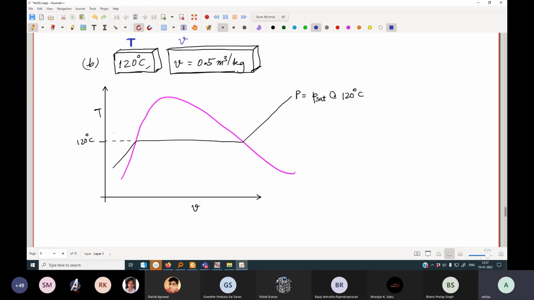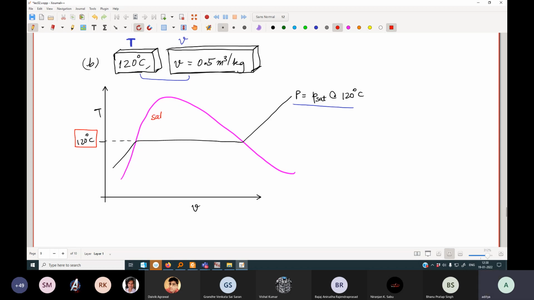So we know that these two will specify uniquely a point in this plane. This P set is just like a red herring. You don't really need to know this, but I have just drawn the isotherm. You don't need to do anything with pressure. You will simply query that at 120 degrees Celsius, when I am in the saturated dome,